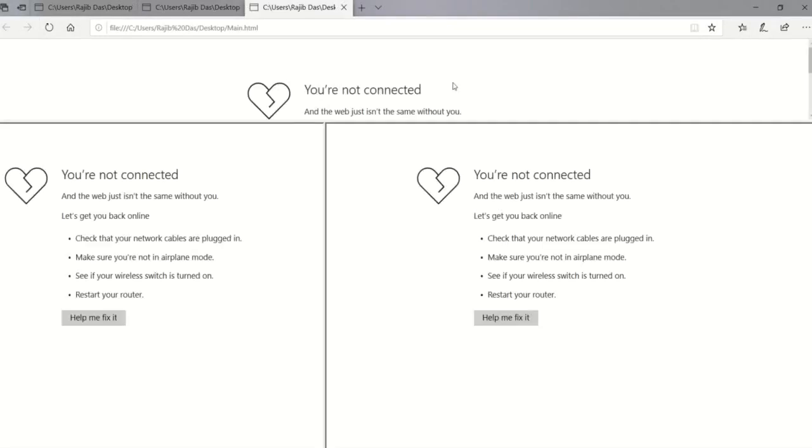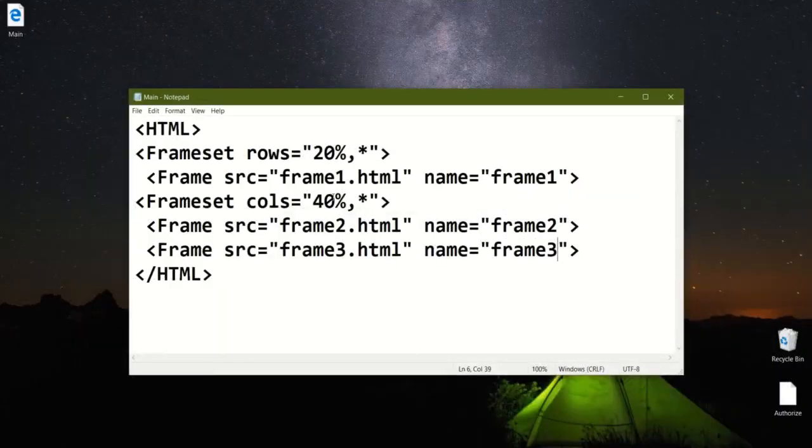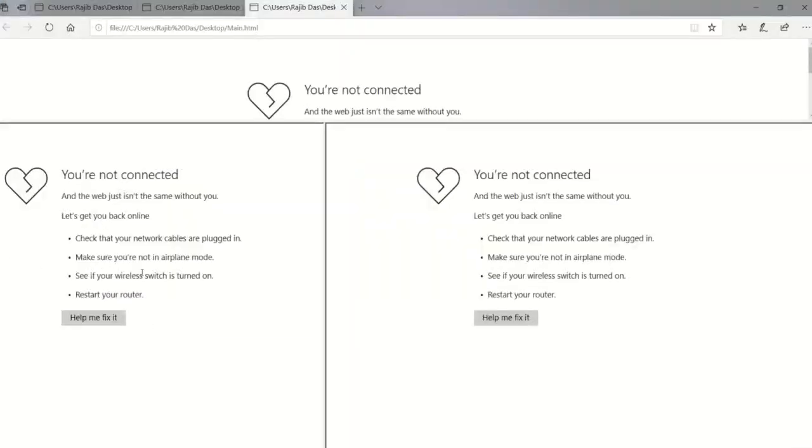See, now this is the first row and the second row is divided by two columns. This is the first column and this is the second column. For the first column I am giving 40%, so this is a little bit smaller than the second column. The second column is 60%. Okay. So, in this way you can divide, and